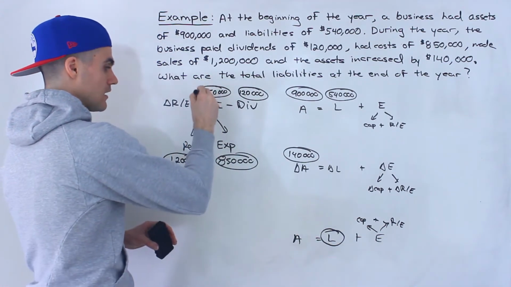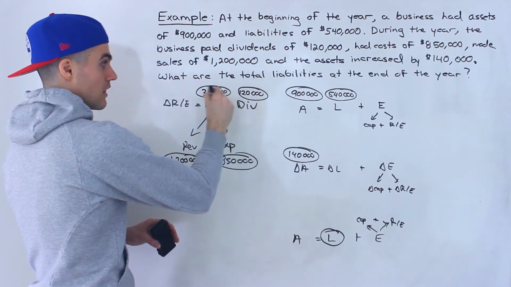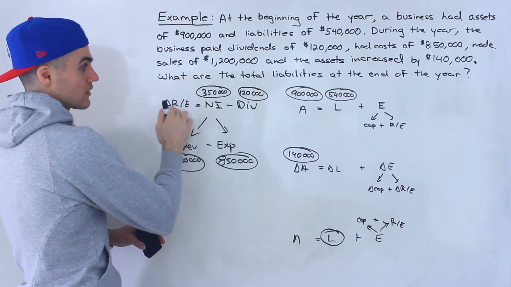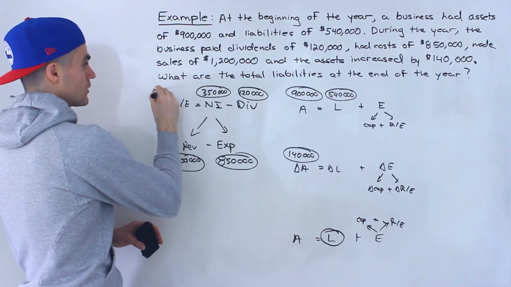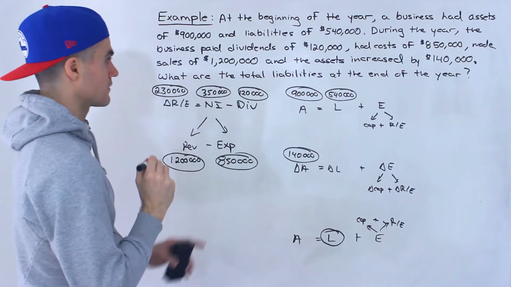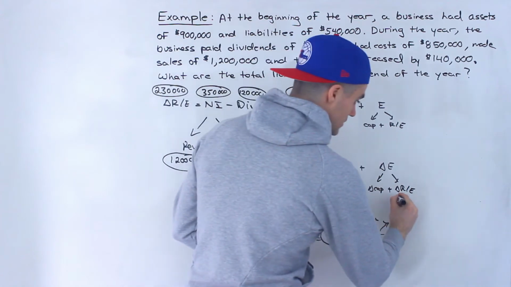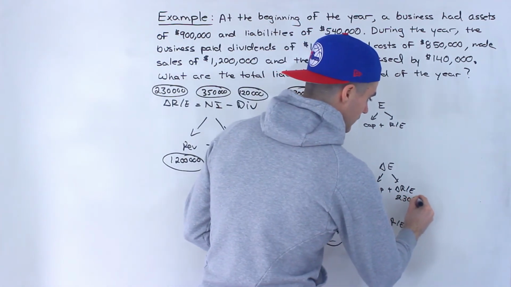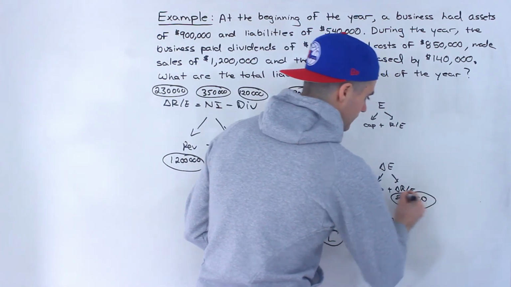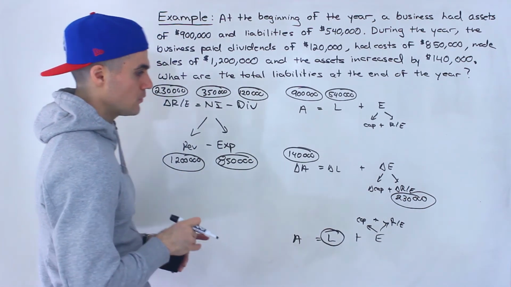And then the net income minus the dividends, that's going to give us the change in retained earnings, which is going to be 230,000 when we subtract these. And then this 230,000, that's the change in retained earnings that flows onto here. Right, so we got a little bit more detail here. Now what we can do